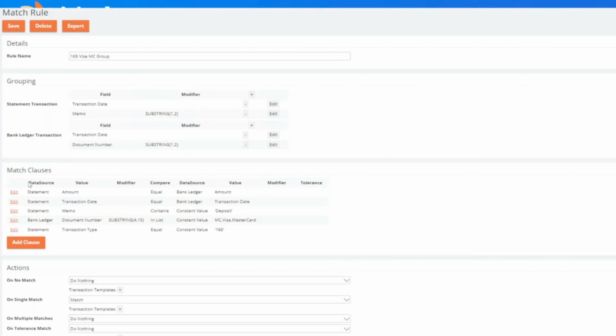So the match clauses that we've then created are to have the statement amount equal the bank ledger amount. We want the statement transaction date to equal the bank ledger transaction date. Again, we're looking to group deposits by location, by date. So we want those equal. Then we want the bank statement memo to contain the constant value deposit. We want the bank ledger document number at substring, starting at position 4 and going for 10 characters